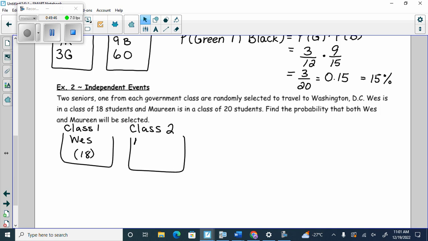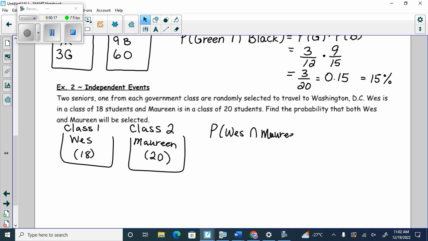Maureen is in a class of 20. Find the probability that Wes and Maureen will be selected. If I multiply Wes by Maureen or Maureen and Wes, does it matter? Because they're independent, order doesn't matter, correct? They're pulled out of two totally different classes. So if I want the probability of Wes and Maureen,